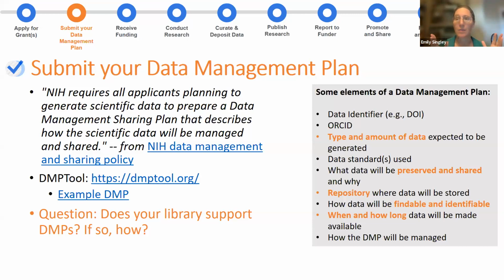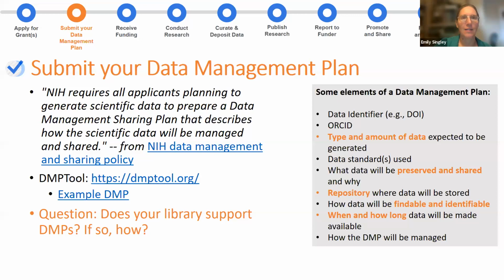We had LibGuides that would spell out resources around how to create a data management plan. One really great resource that a lot of libraries point to was created by the California Digital Library. They have a fantastic website called DMP Tool that gives you templates and examples, and walks you through how to create your plan. So, question to the audience, are you familiar with this? Have you been doing this? Is it something you're trying to put in place? I strongly recommend it.